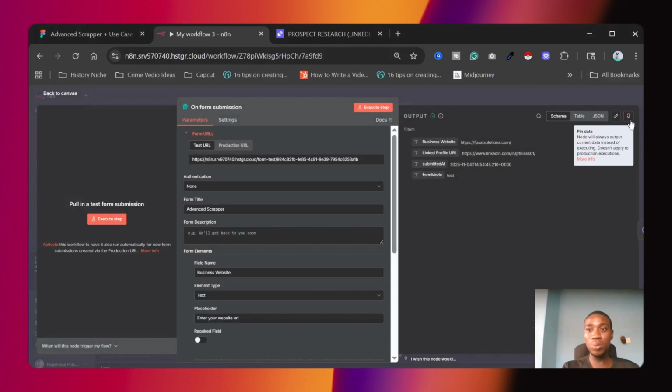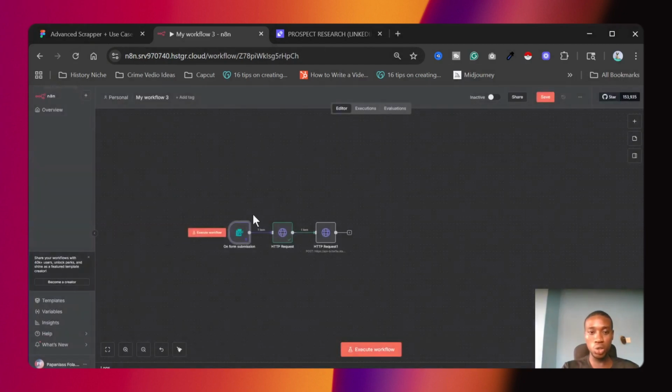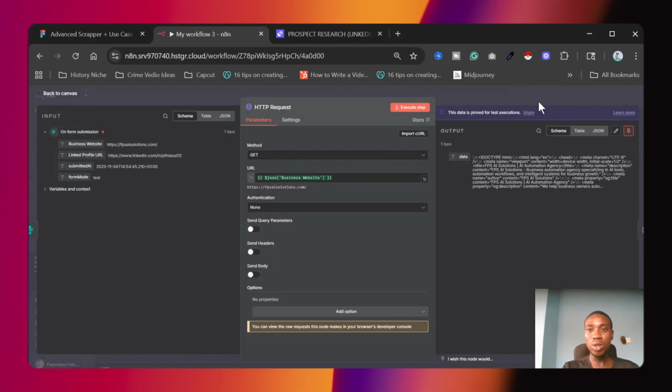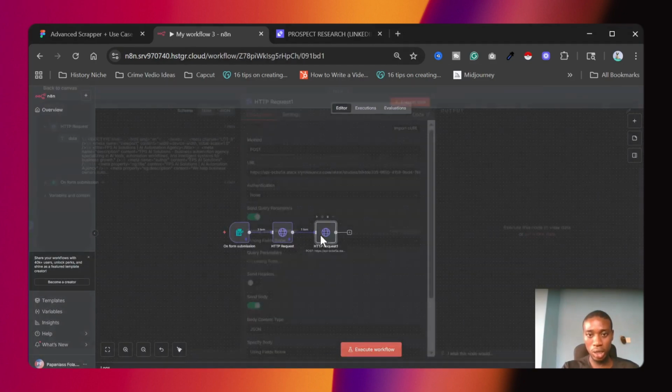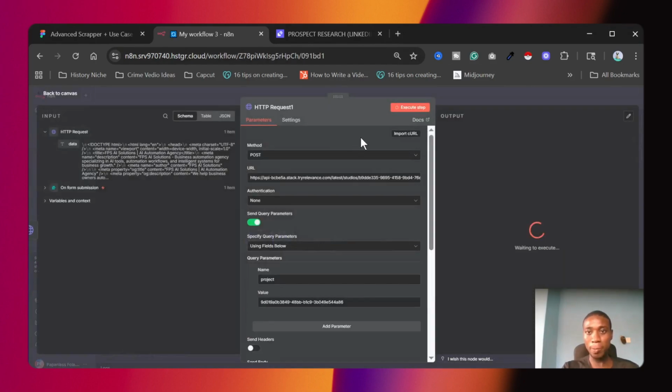Please always make sure you pin your data so you don't have to keep running these steps every single time. Now I can execute this workflow. Hopefully the agent is going to scrape my LinkedIn profile and get the output. Just wait a minute.